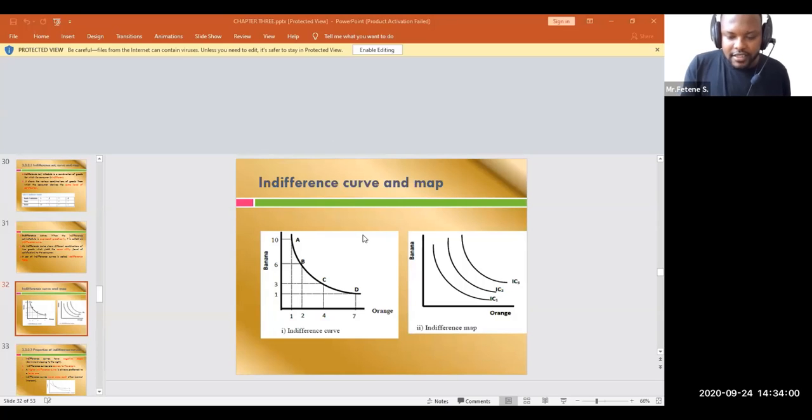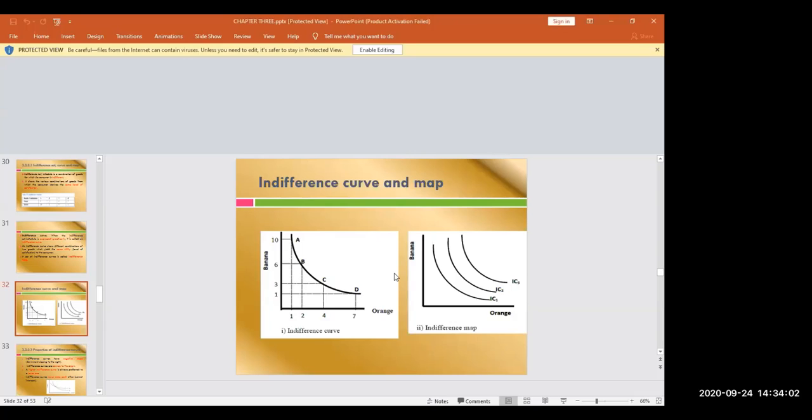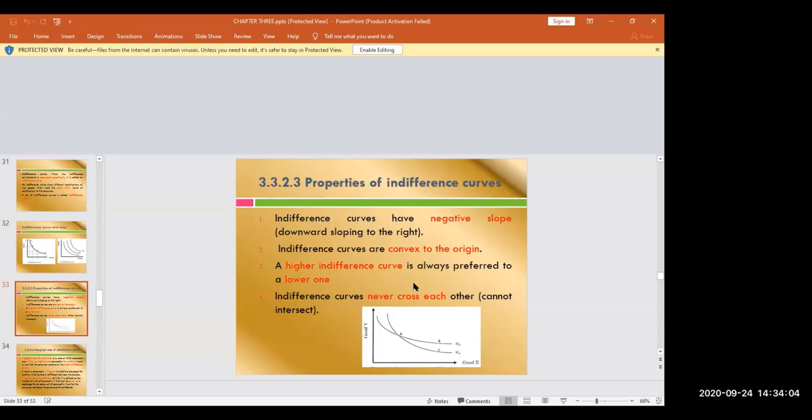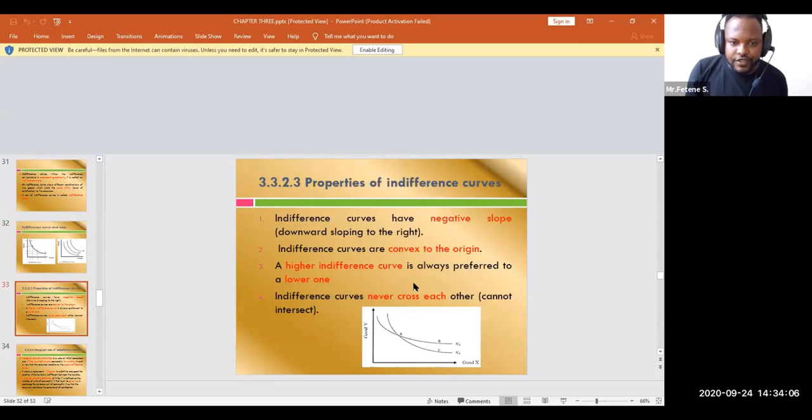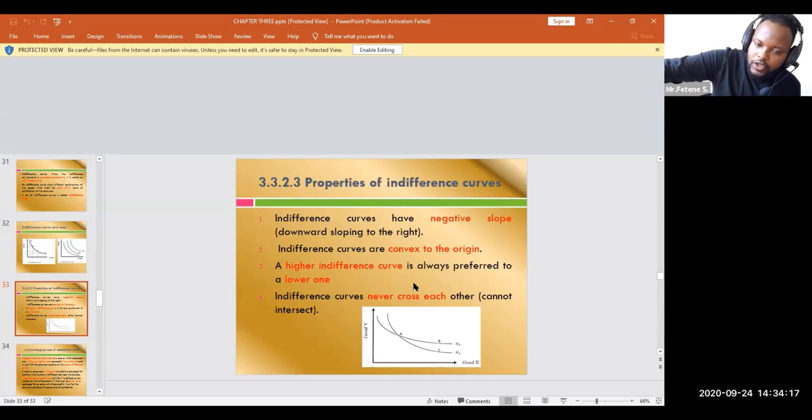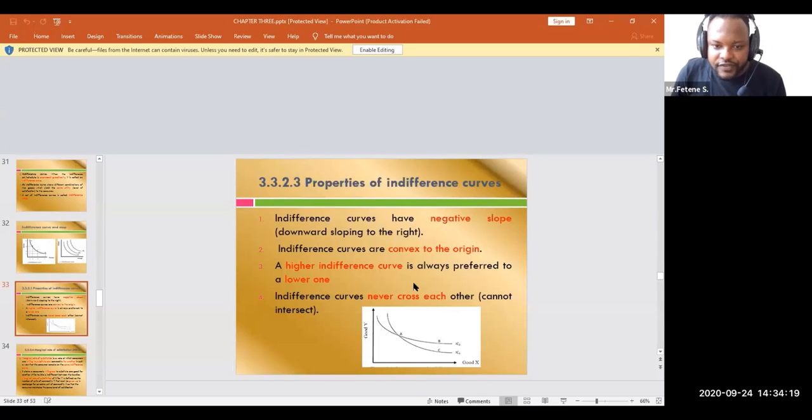So the second point is the properties of these indifferent curves. The first property: indifferent curves have a negative slope, downward sloping to the right. Then these indifferent curves are convex to the origin, not concave, convex to the origin. The property of this indifferent curve: the highest indifferent curve is always preferred to